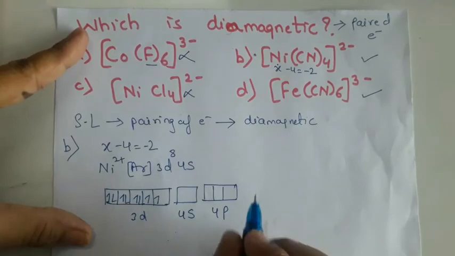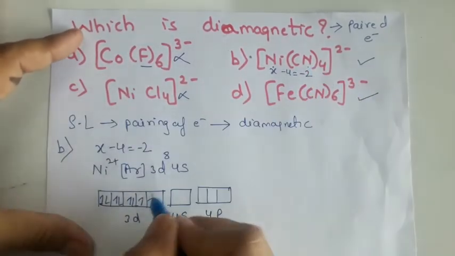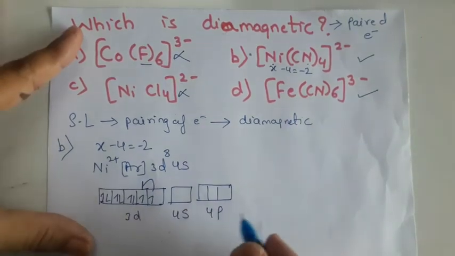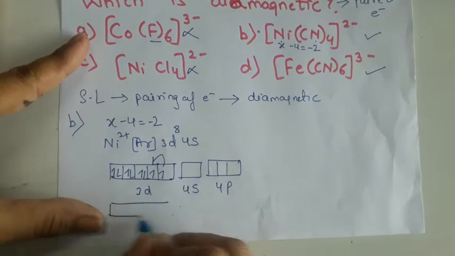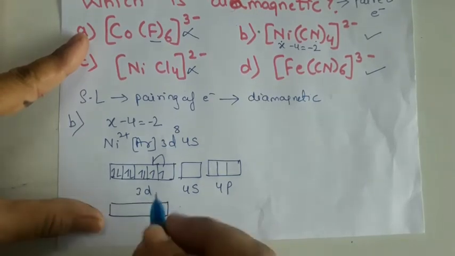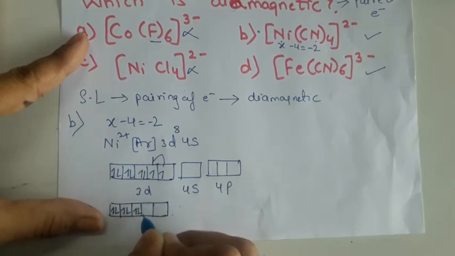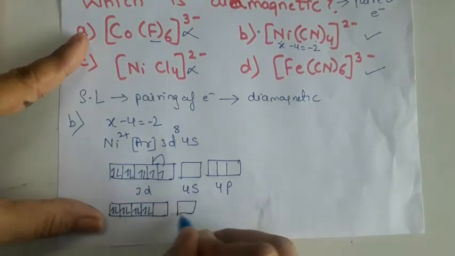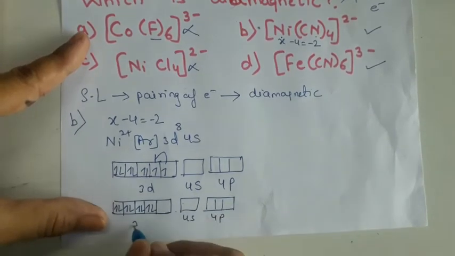Now what is going to happen in this case? Cyanide is a strong ligand. It will lead to pairing of electrons. So when the electron shifts over here, what will happen? The last box will be empty. Okay, so 1 2 3 4 5 6 7 8. So the hybridization in this particular example would be